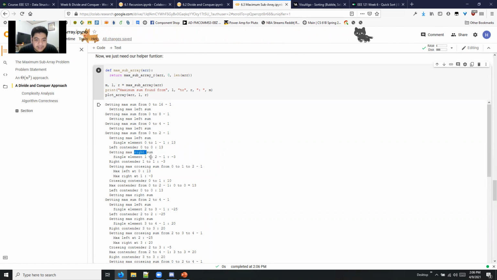And then the right is one element, negative 3. So when we cross, that is 13 plus negative 3. So that's 10. So comparing 10, negative 3, and 13, our left contender wins, which is the 13. So now the left contender of the sub-array 0 to 4,